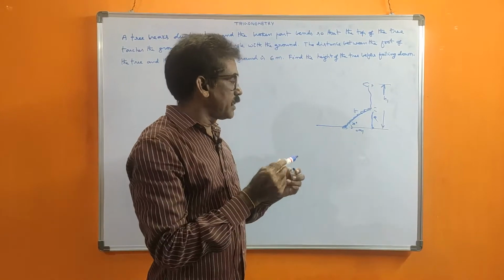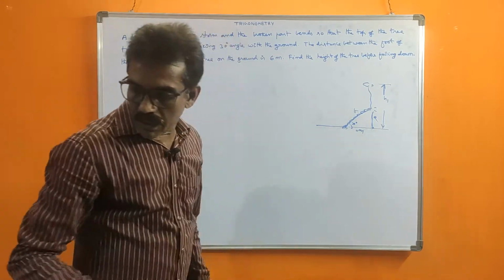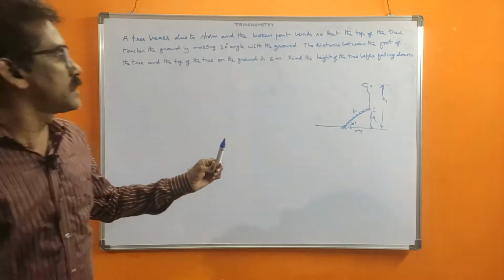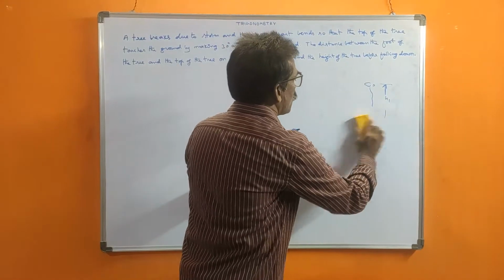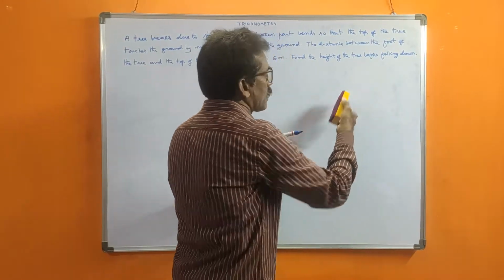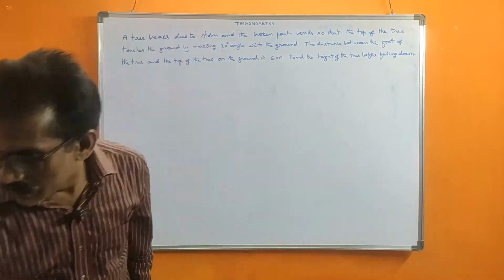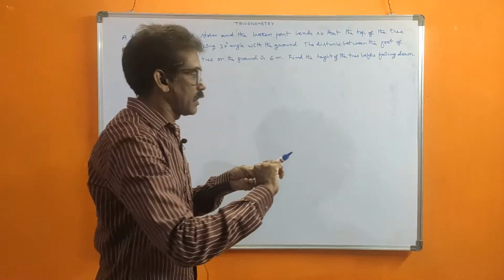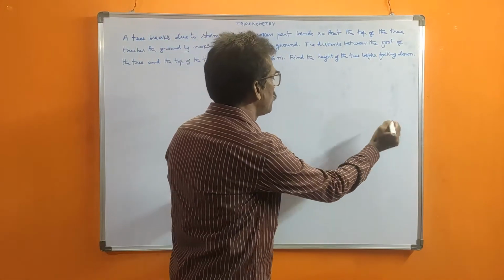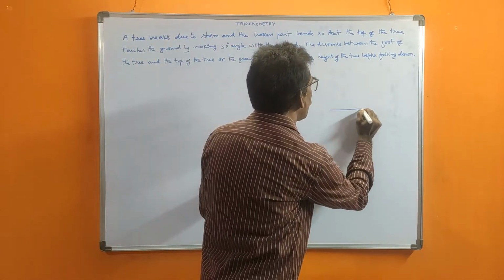If you roughly understand like this, then the final diagram we can draw directly and neatly. To explain, I drew like that, but you need not draw like this. Directly, if you understand the final diagram, you can draw. Okay. Now see, that is what I drew before. Now neatly I will draw.